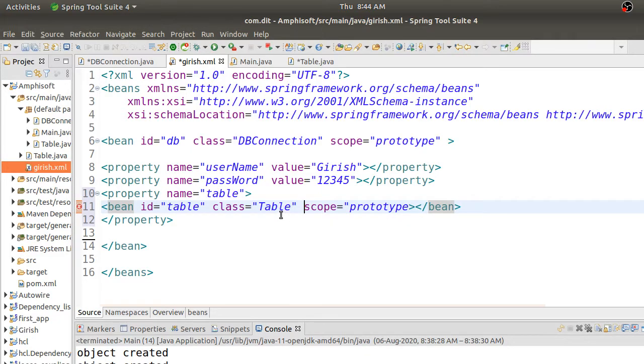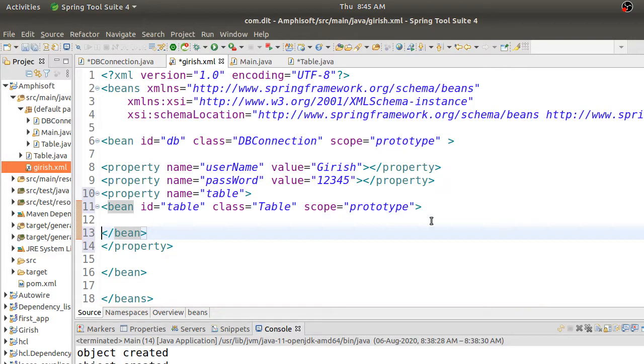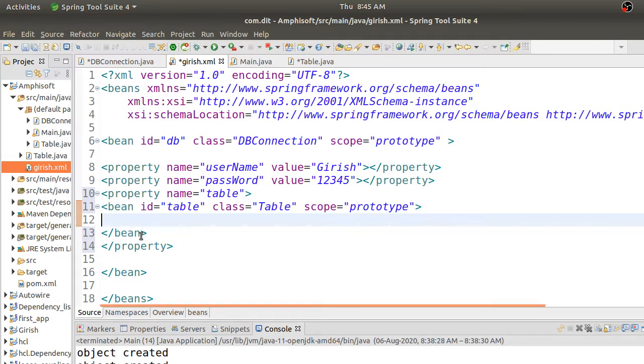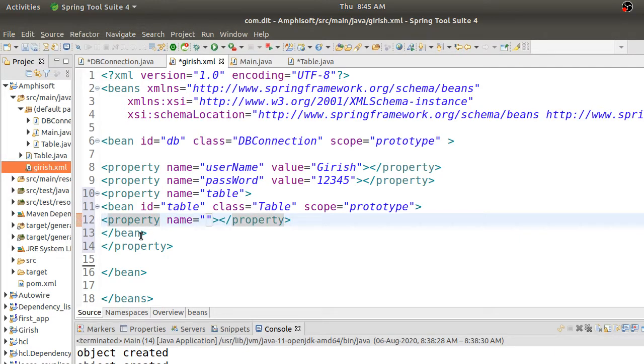So I have given name, table name and all this, right? But this bean is not a normal bean again, correct? Inside this bean there are some properties, correct? Inside this bean also there are some properties. What are those properties? I think we have written some property like name, right? Table name. And what is the value that you want to give for it?